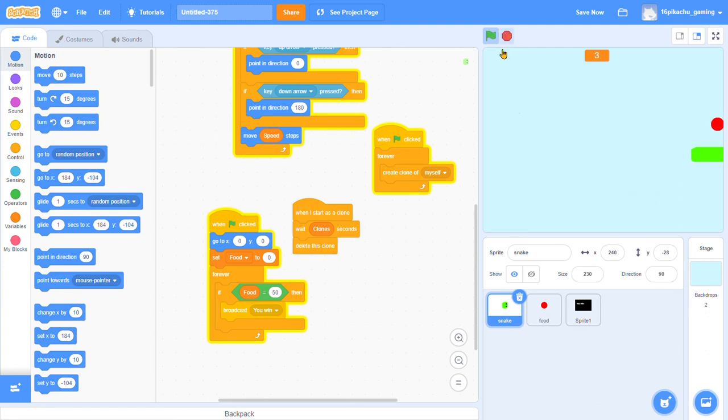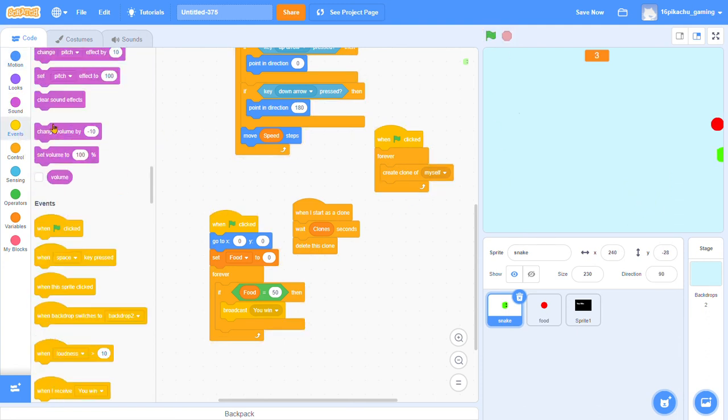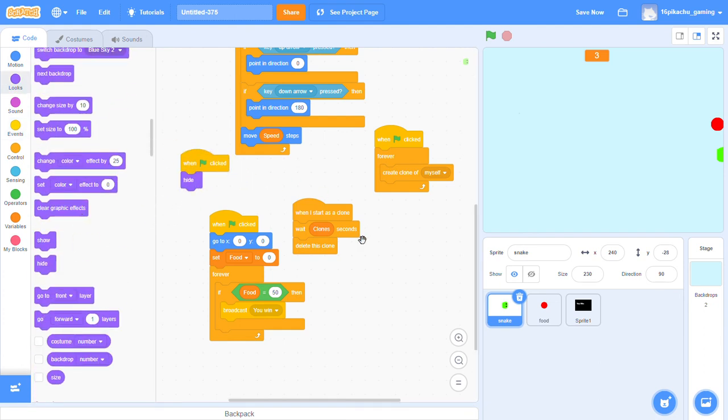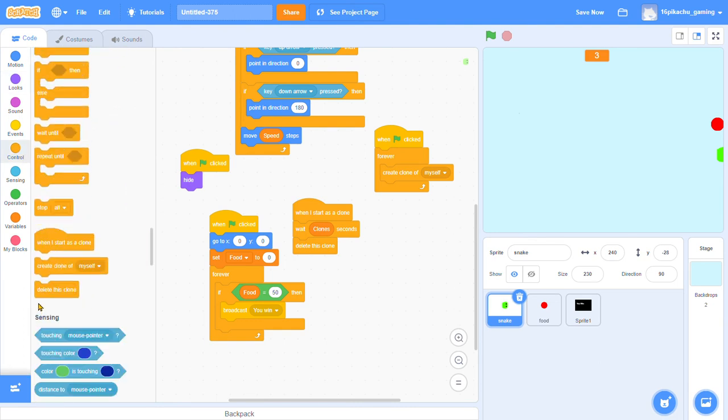So now we will say that when flag is clicked, hide, and when I start as a clone,